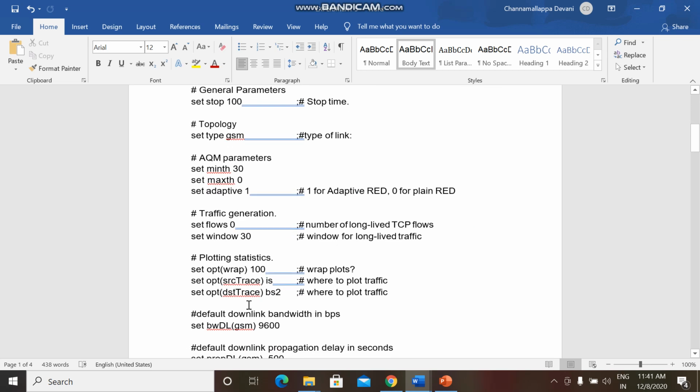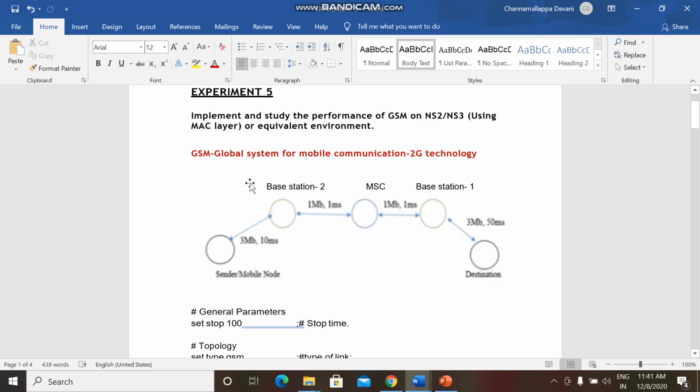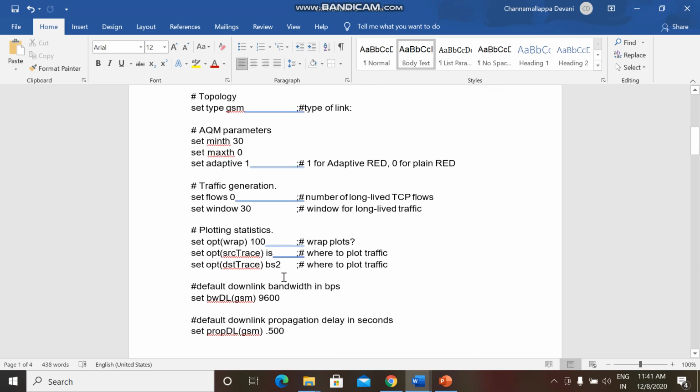Initially this is the source node, the initial source, and since the request has to go to its nearest base station, the destination is base station 2. So these are the GSM parameters that have to be set before we plot the XGraph.